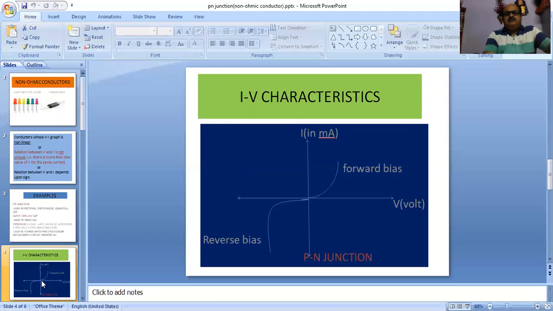So in this case, the number of electrons is equal to the number of holes, which is equal to the number of electron hole pairs. Electron hole pairs are called intrinsic carriers. And the semiconductor in which electron density is equal to hole density is equal to intrinsic carrier density is called intrinsic semiconductor. Intrinsic means pure form of semiconductor, in which Ne equals Nh equals Ni.